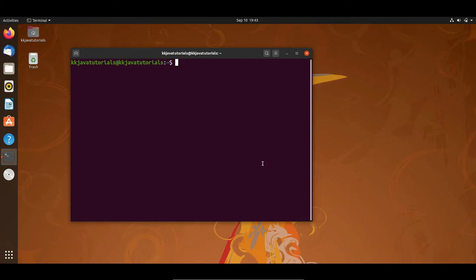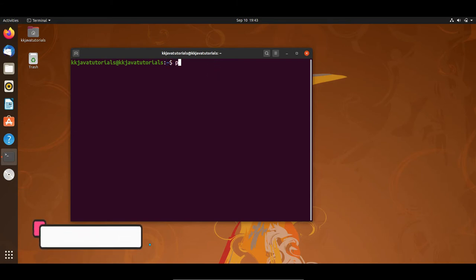Let's say you have to browse the downloads folder, which stores all the downloads, within the home directory. Once you open the terminal, you will be in the home directory. If you look here, the tilde sign shows that you are in the home directory.